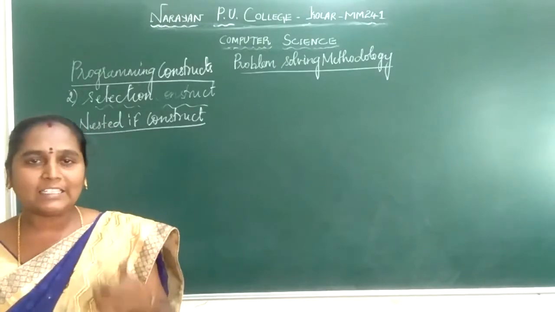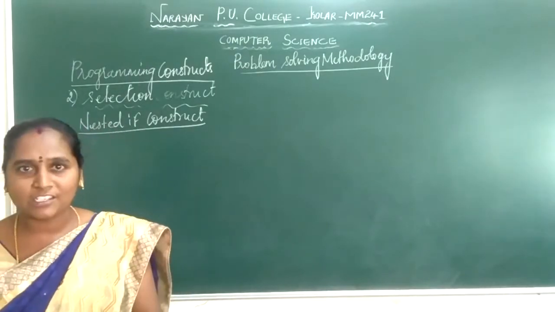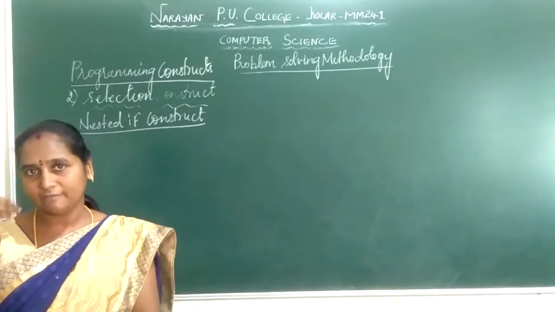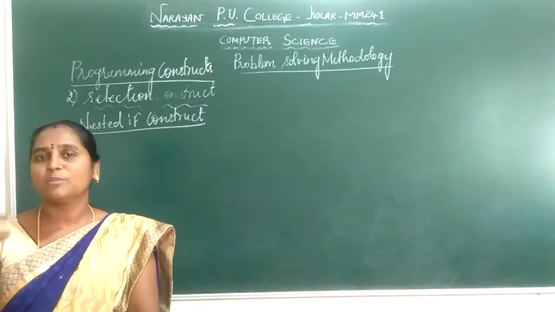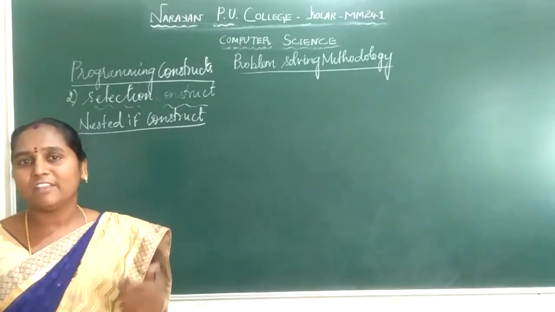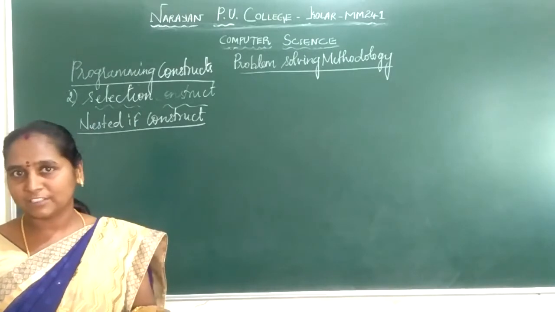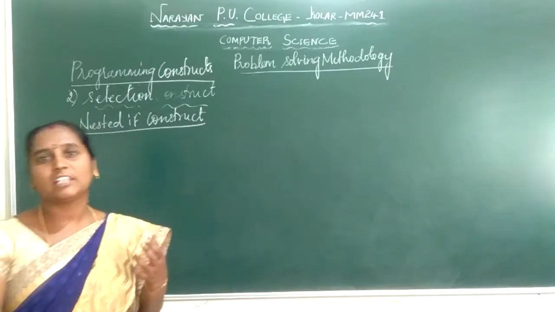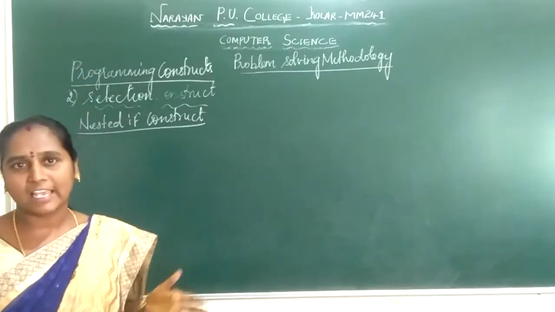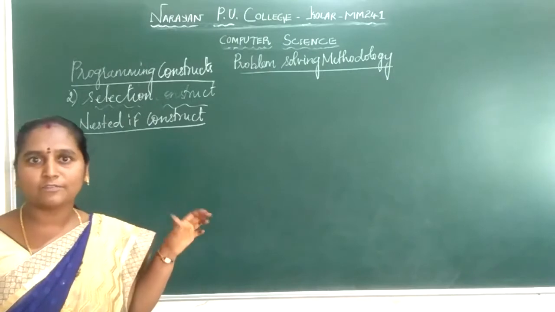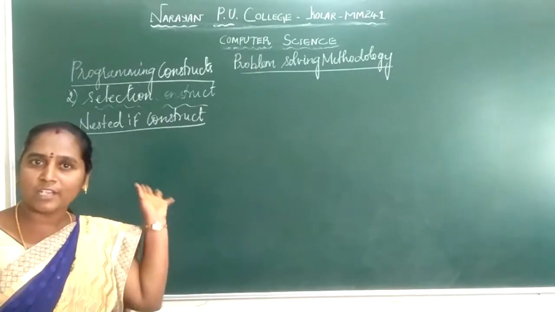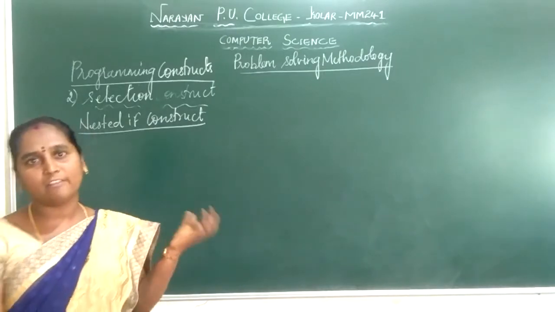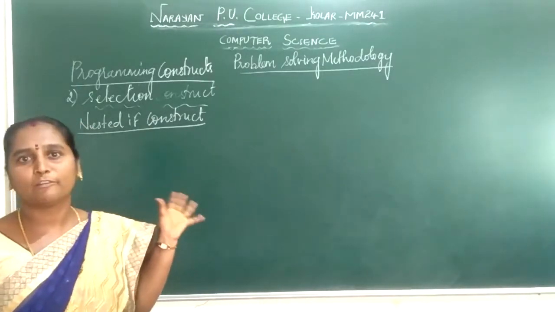Simple if is one-way branching based on the condition. If the test condition is satisfied, that is, if it is true, you select the particular set of statements, and the component statement is executed. In that we have seen the flow chart, algorithm and general syntax. Next, the if else statement is two-way branching. If the condition test is satisfied, you execute the set of statements for the true condition. If it is not satisfied, you execute the other set of false statements. Then we have seen the flow chart and programming, and I also explained how the algorithm or flowchart works.